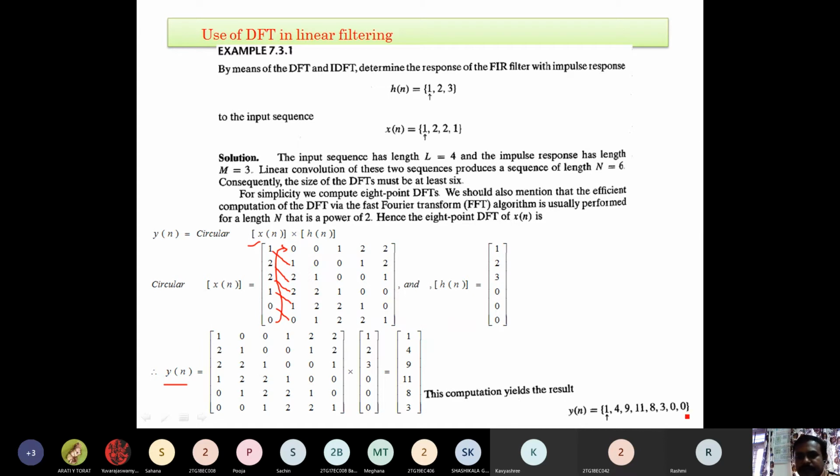Okay, it is not compulsory that you have to make the length a power of 2. It is not necessary to be a multiple of 2, but if it is, that is good because you are maintaining the standards.